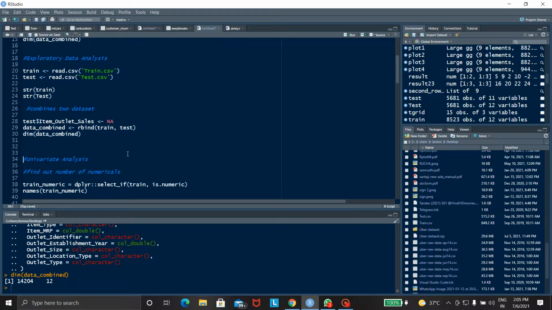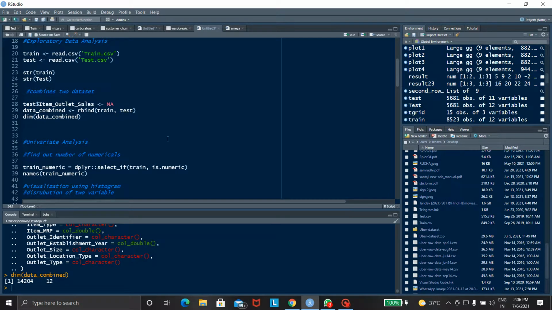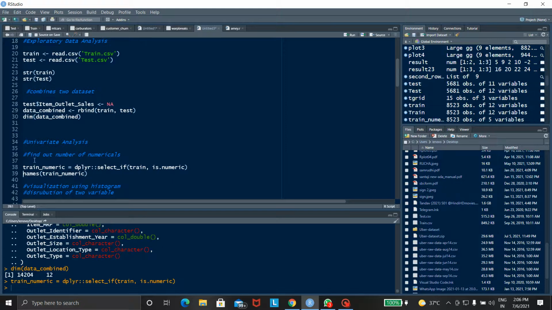Then the next step is univariate analysis. In this analysis, we find out the number of numerical variables used in this dataset. This is the program to find the number of numericals. Then run this program.